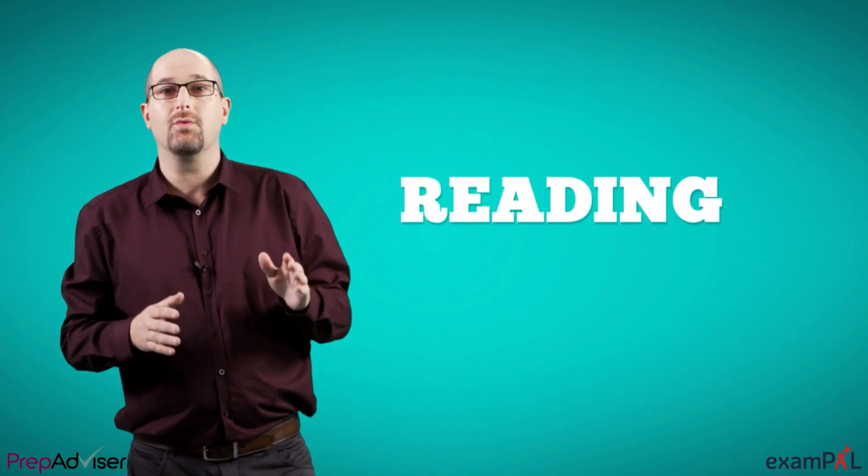First of all, reading. The first thing we need to do is read the entire passage. And since each passage is 200 to 250 words, and in the verbal, time is especially tight, we better do this quickly. This means we need to work on our speed reading ability. That's especially the case if we are non-native English speakers, but also if we are native speakers but are unfamiliar